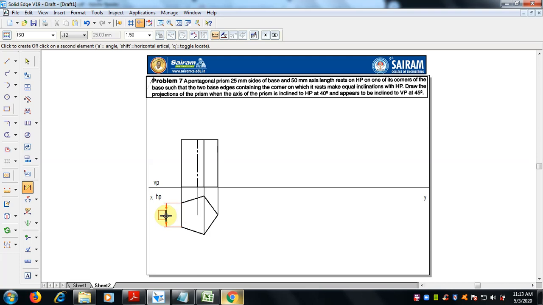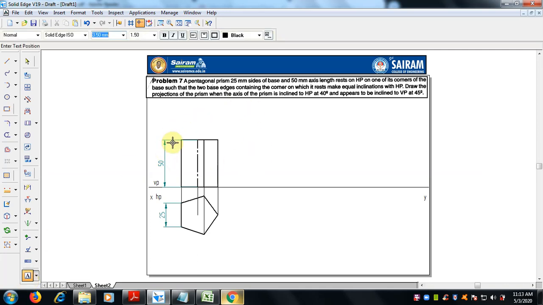So the 25 mm side, select smart dimension and select this side like this, and we will check it. The axis 50 and the 25 mm side, both are correct. Then we will mention the names. There are two faces, the top face and bottom face of the pentagon, which are connected by rectangular faces. So for naming, for our convenience, we will give separate names for the top face and the bottom face.